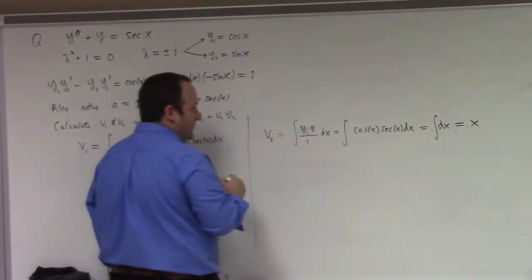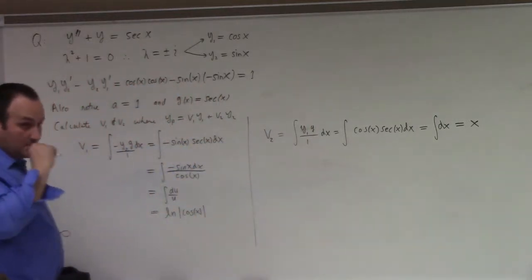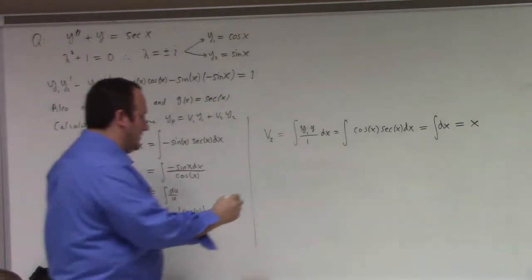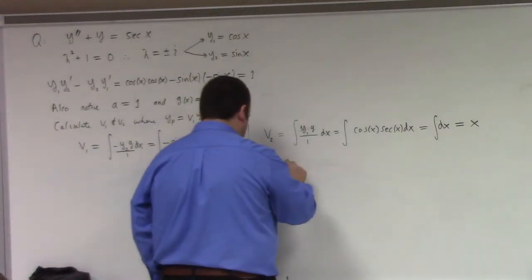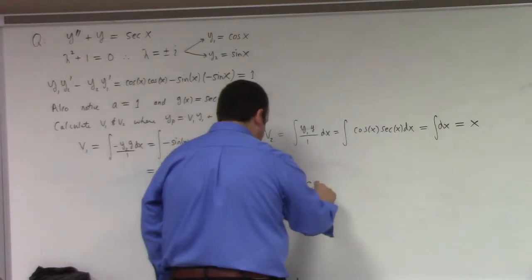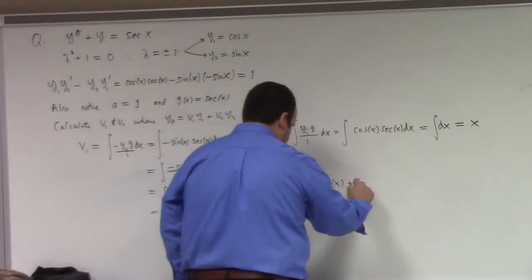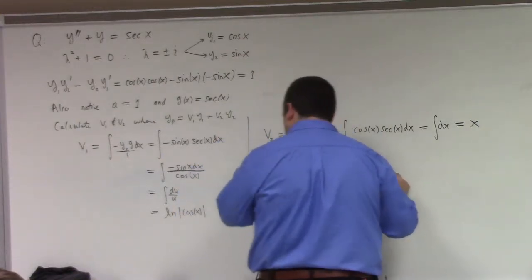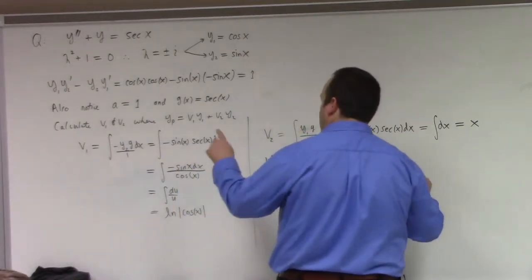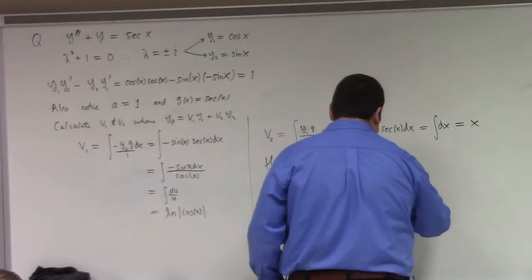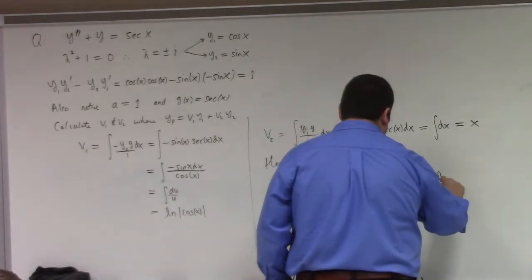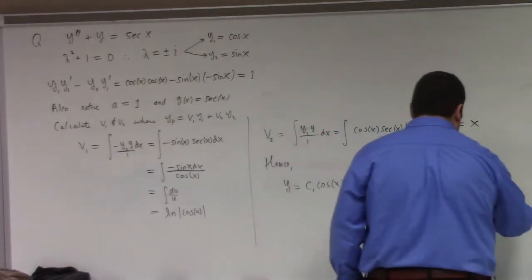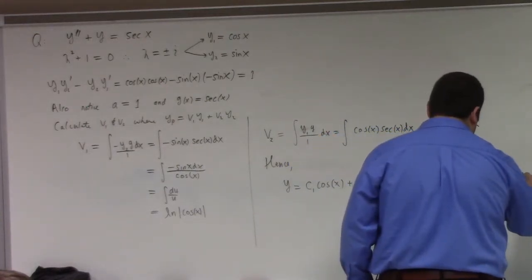But yeah, that's just x. Okay, so now we're not done. It's not the answer. We assemble the answer. Hence, y is equal to c1 cosine x plus c2 sine x, right? That's the homogeneous part. Plus, let's see here, V1 y1, which is cosine x. I'll put the cosine x first. Natural log the absolute value of cosine x